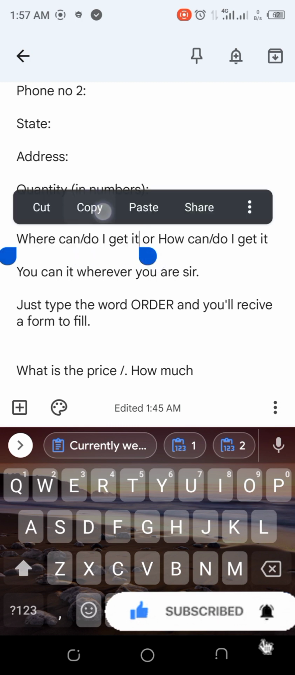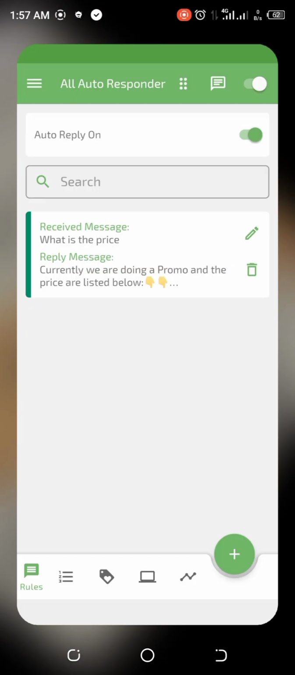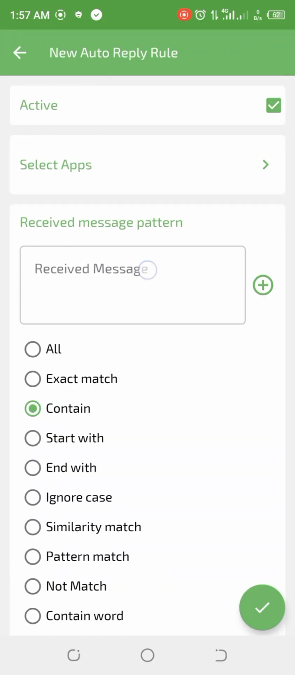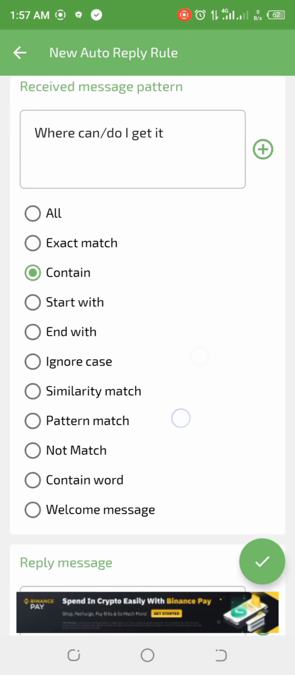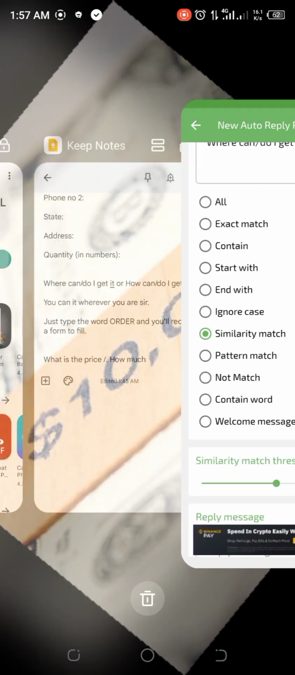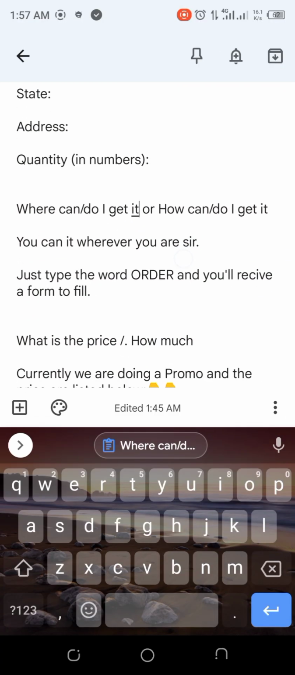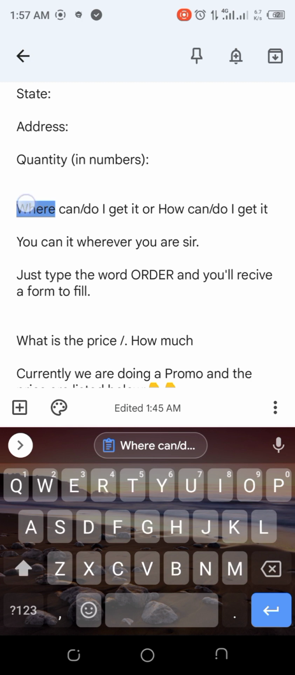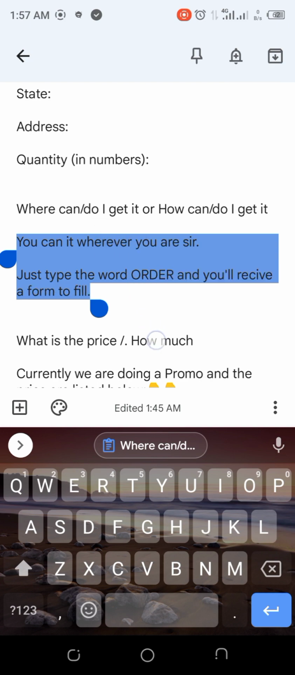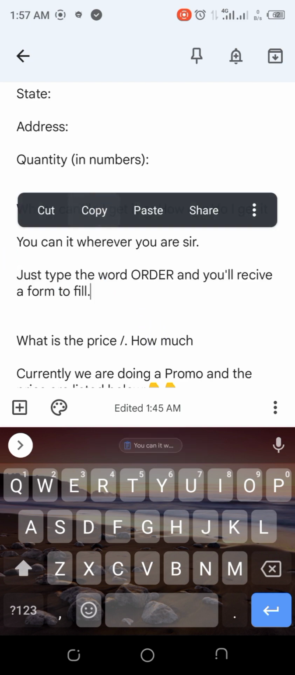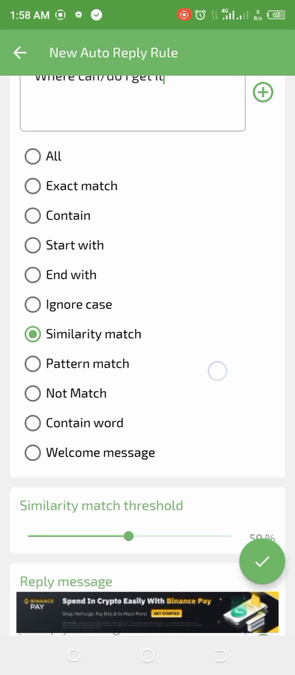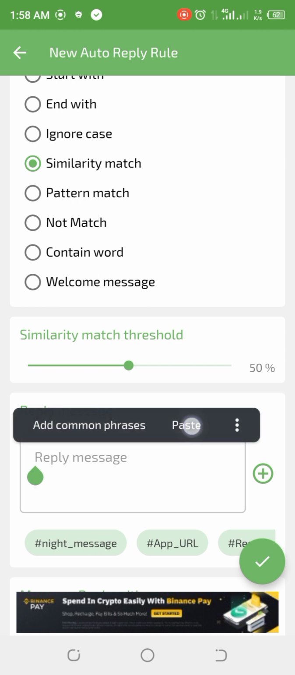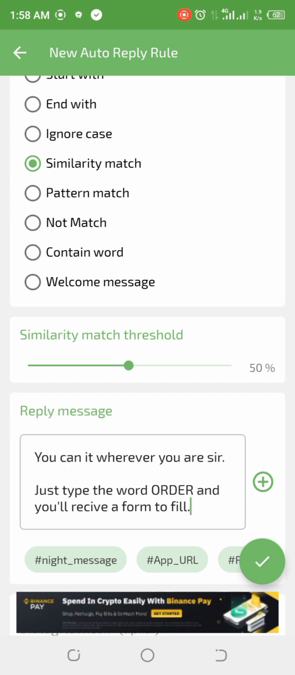and copy. So I bring it here, I click on my plus, I put it in received message, I put it on similarity match, I come back and I copy my response. Copy, and I come and I paste my response there. Paste. So I also try and reduce this down to 30% or 27%, so that I can pick